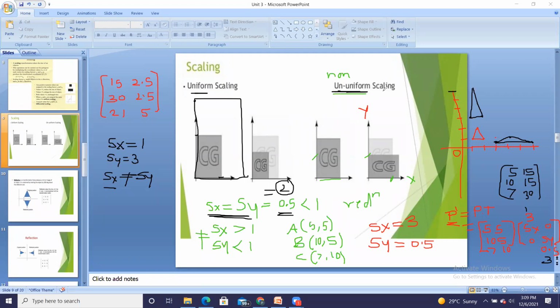जेव्हा Sx and Sy मॅच होत नाहीत त्या केसमध्ये काय होईल, मग तुमची जेवढी विड्थ वाढते तेवढी हाईट वाढणार नाही किंवा जेवढी ती कंप्रेस होतीये तेवढी कंप्रेस पण होणार नाही. सो इररिस्पेक्टिव्ह ऑफ कंप्रेशन किंवा एक्सपान्शन, तो ऑब्जेक्ट वाढतोय का कमी होतोय ह्याच्याशी आपल्याला काही घेणं देणं नाहीये. पण इररिस्पेक्टिव्ह ऑफ दॅट, if Sx and Sy are not same, then it is called as non-uniform. आणि जेव्हा Sx and Sy सेम असतील, मग ते एक्सपान्शन मध्ये असतील सेम किंवा कॉम्प्रेशन मध्ये सेम असतील, 2 असेल किंवा 0.5 असेल, त्या केसमध्ये आपण त्याला म्हणतो युनिफॉर्म स्केलिंग.